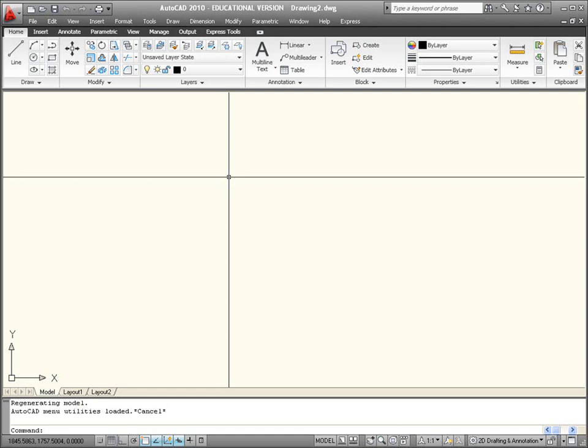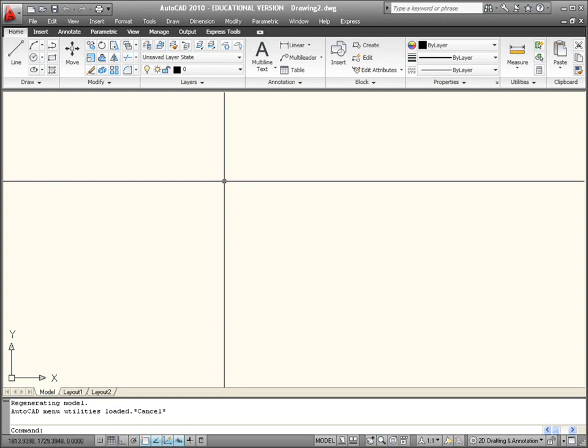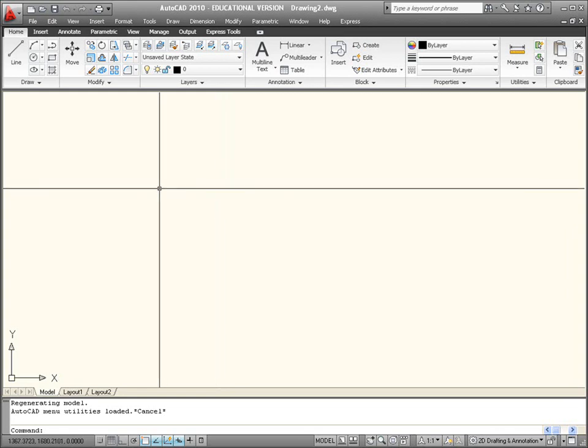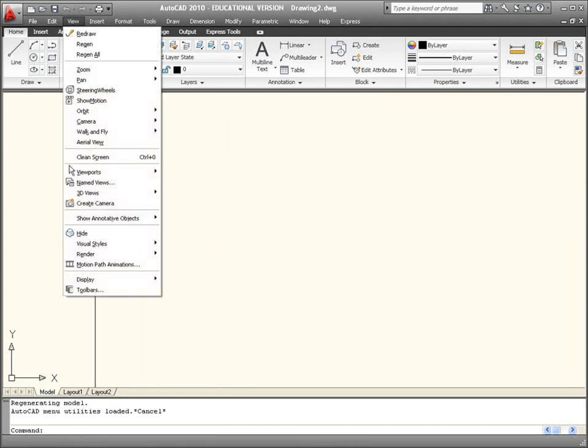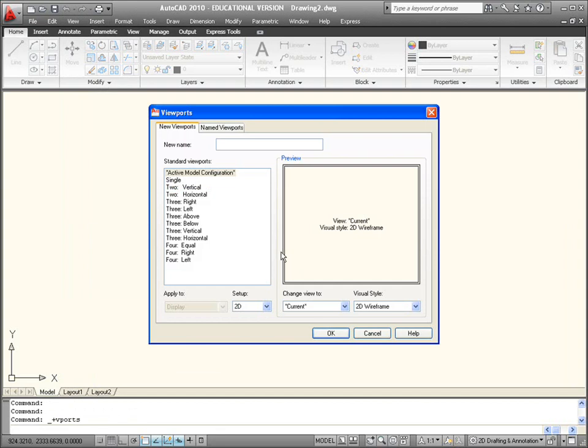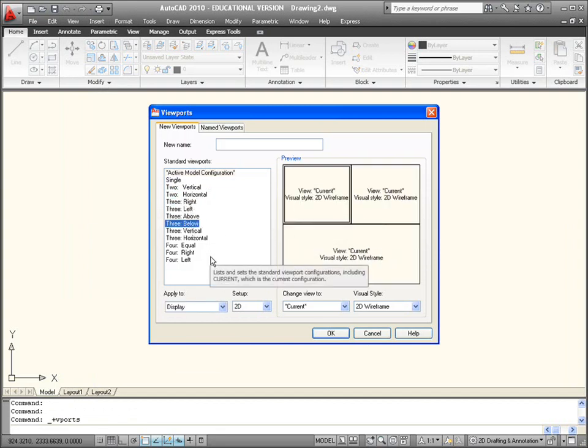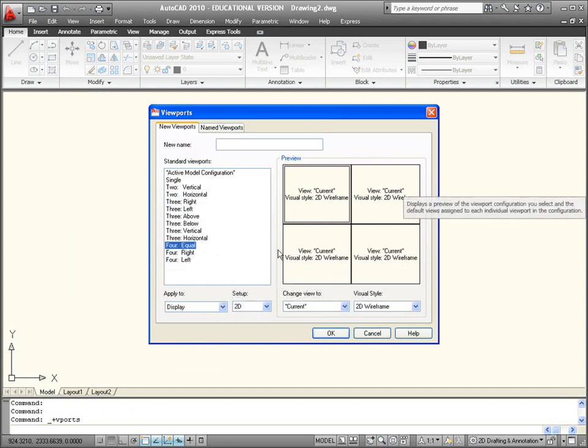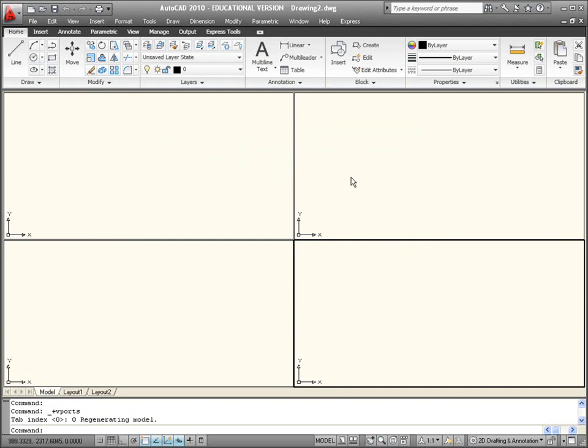space, model space. So if I just give you a brief overview of that, it talks about tiled viewports and floating viewports. Tiled viewports we looked at before, and I gave you my opinion for what it's worth on tiled viewports in model space. So if I open up the viewports here, you'll see we get a series of tiled because they're one on top of the other, like tiles. If I click OK on that, you see we get 4 viewports, and my opinion on that was that why